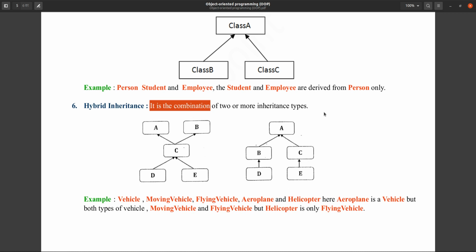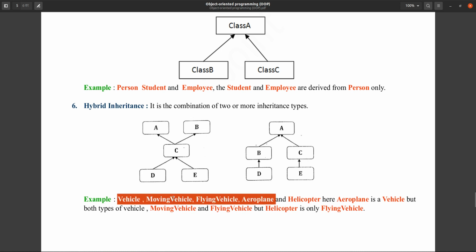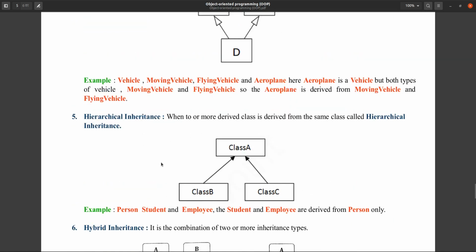For example, we have already seen the example of vehicle, moving vehicle, flying vehicle, aeroplane. All moving vehicles are vehicles, and all flying vehicles are also vehicles, and aeroplane is a moving vehicle, and aeroplane is a flying vehicle also. Same as